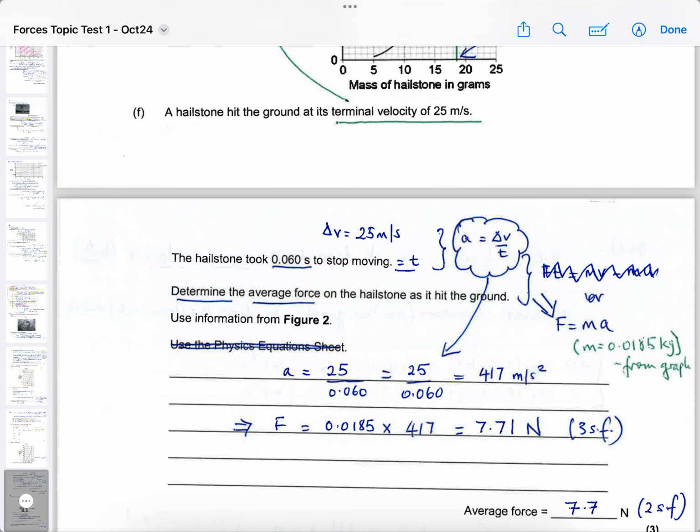So if we know the change of velocity when it hit the ground, obviously when it hit the ground it splattered. Not immediately, it took 0.06 seconds to stop. So we know the change of velocity and the time it took to change that velocity. We know the rate of deceleration is 25 divided by 0.06. So we know that approximately the deceleration was 417 meters per second